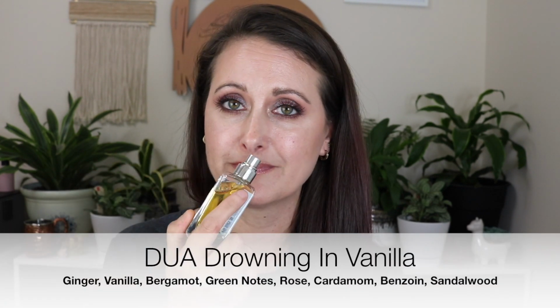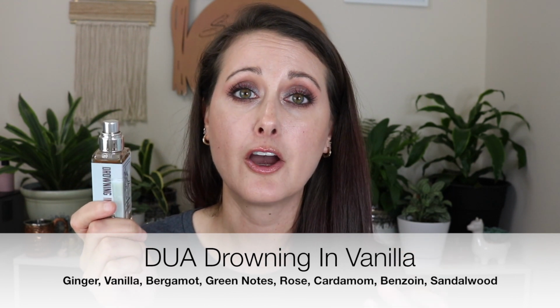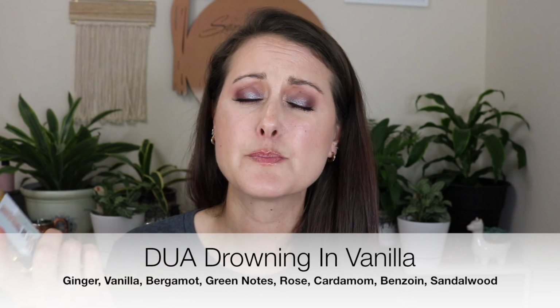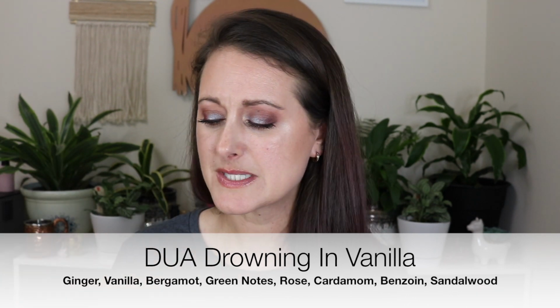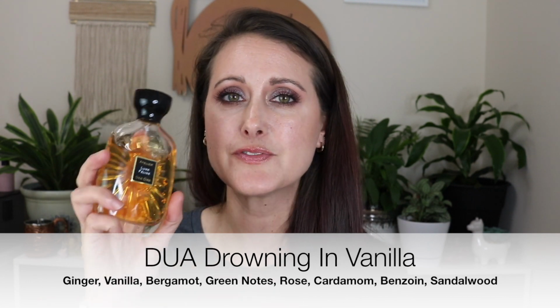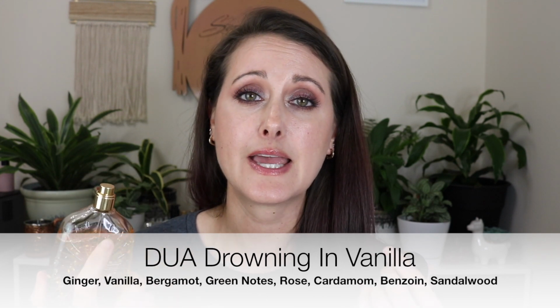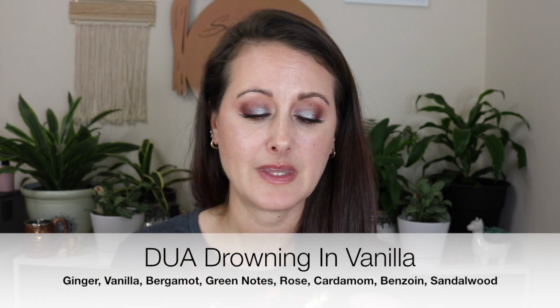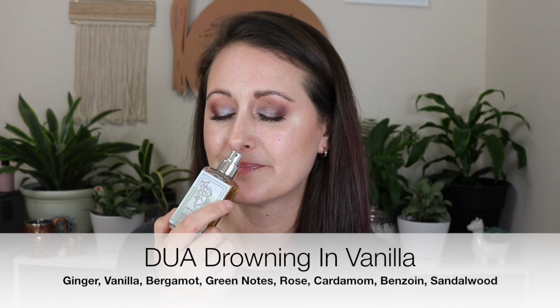So I'm gonna start with one that I just talked about in my Dua video not too long ago. This is Dua Drowning in Vanilla, and this is a clone of Nishane Ani. And it's beautiful. It's a very heavily spiced vanilla. It almost gives me Lune Feline vibes. The only difference is Lune Feline is heavy on the cardamom, and Drowning in Vanilla is more